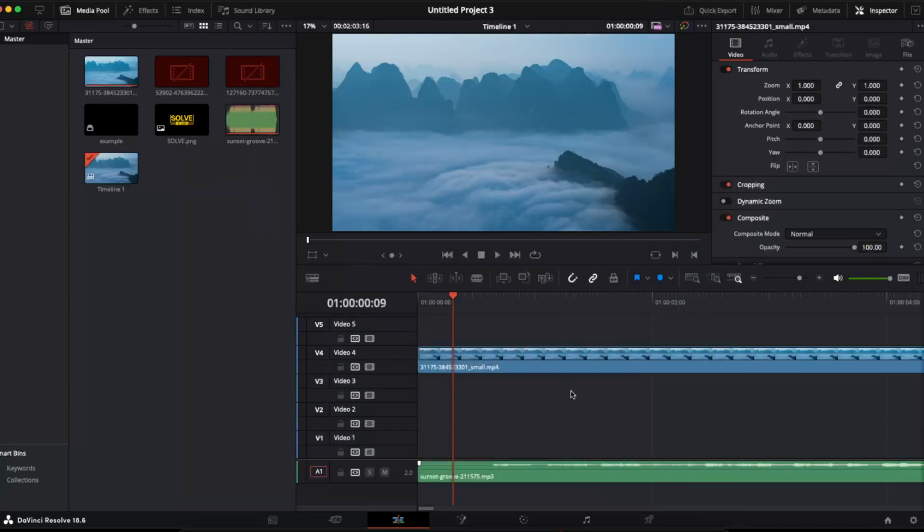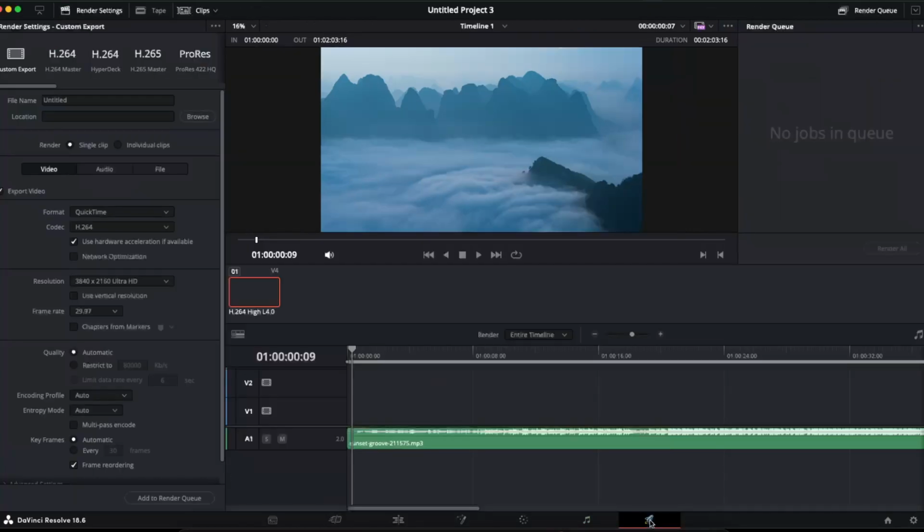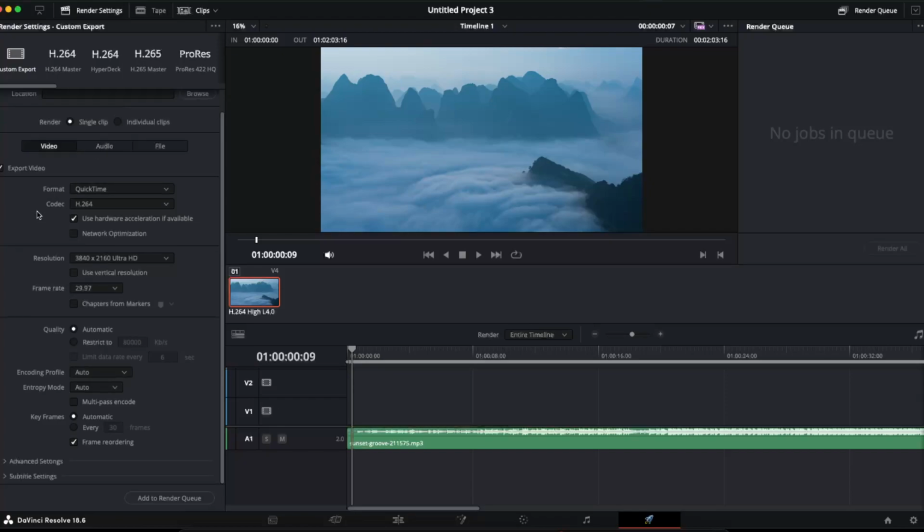And now to export, you're going to go to the bottom on this rocket thing button, which is export settings. And now you will choose a custom export. You will choose a location for your video where you want it to be exported to. Now on the video settings here, export video, the format should be QuickTime